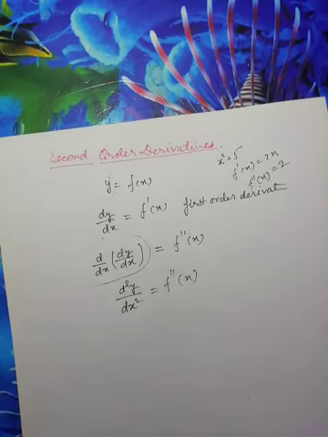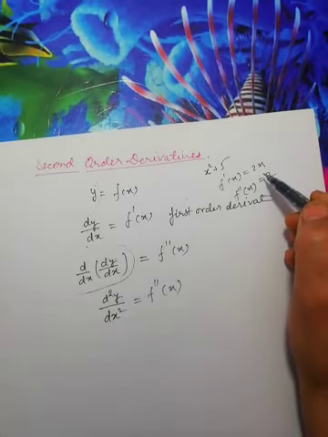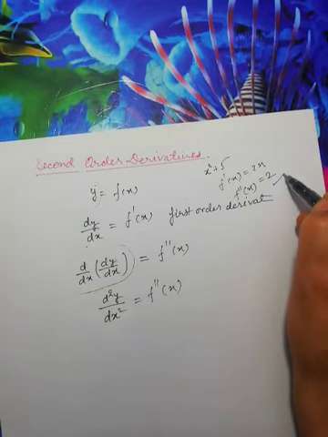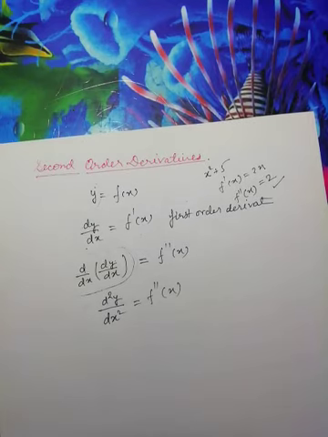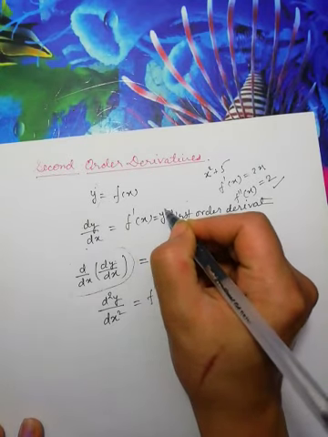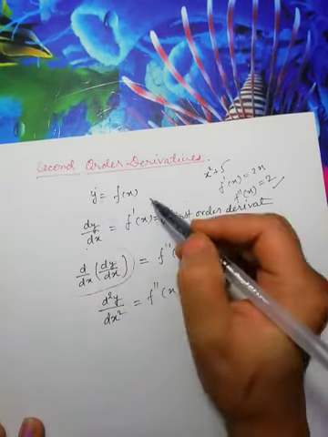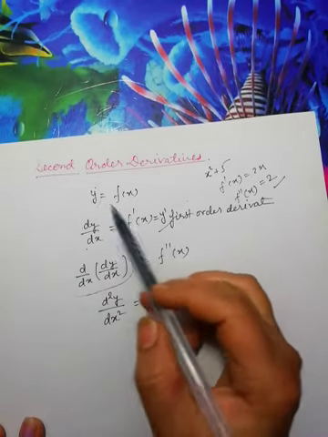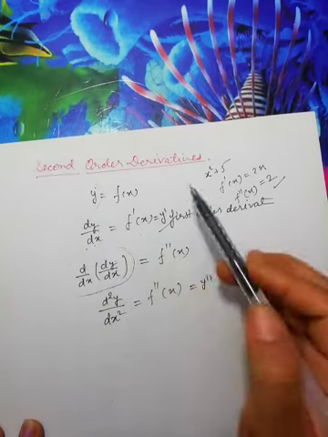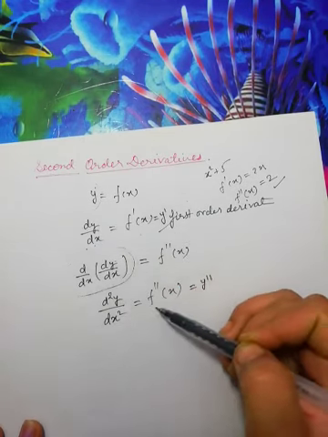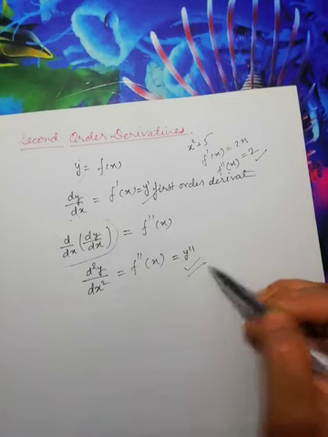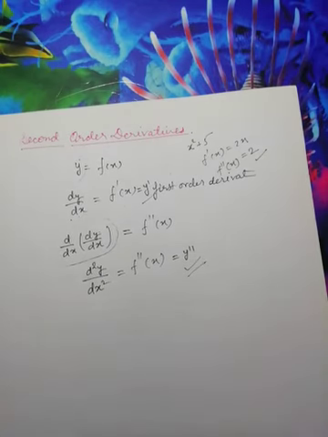So first order derivative means the result obtained on differentiating the given function once, and second order derivative means we differentiate the same function 2 times. Second order derivative is also denoted by y double dash, whereas y dash is the first derivative. Like y is your function, y equals f(x). We are going to use these symbols a lot now, so you should be clear with these. y is equal to f(x) is the given function, then first order derivative dy by dx is denoted as y dash, and second order derivative f double dash x, that is d2y upon dx square, is denoted by y double dash. Let's take a few examples of this.